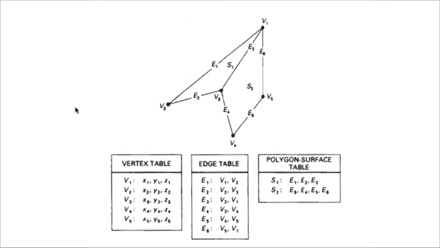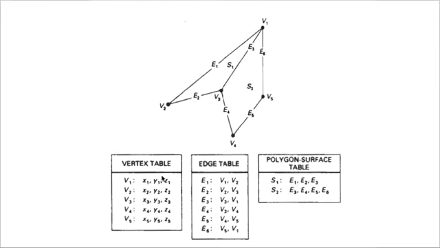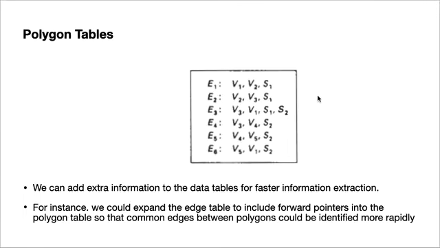Here we could expand the edge table to include forward pointers into the polygon table, so that the common edges between the polygons could be identified more rapidly. The edge table here is extended by adding some information about the